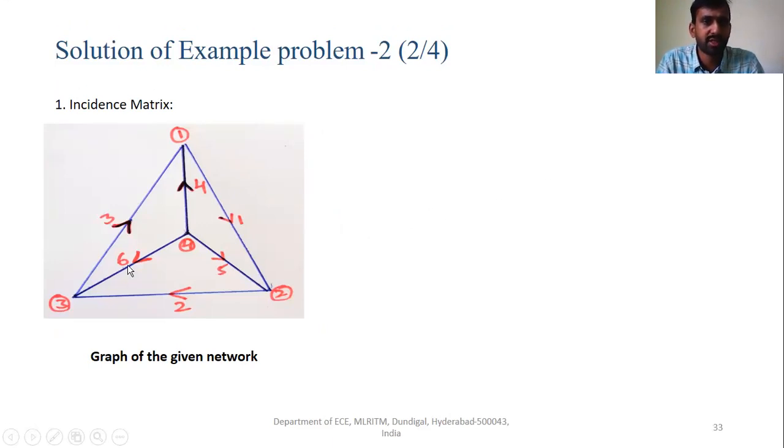So how many nodes are there here? 1, 2, 3, and 4. And the branches are 6. So the incidence matrix is going to be 4 by 6. The order of the matrix is 4 by 6. So now let us obtain the incidence matrix. As we all know, the incidence matrix is denoted using A. A is equal to